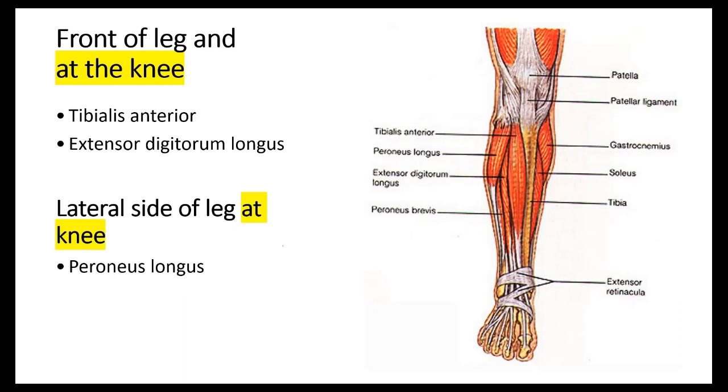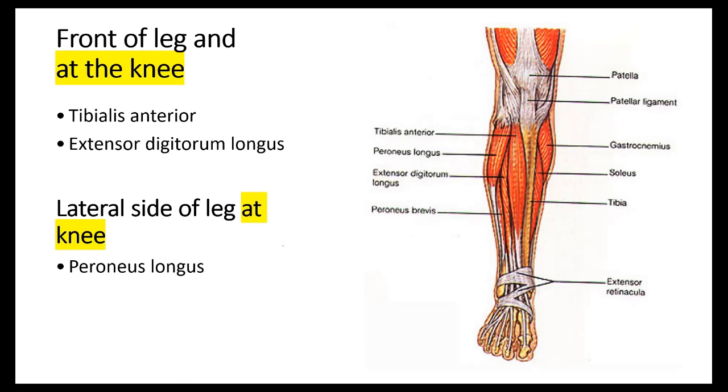Please carry on. Yes. So moving on to the muscles at the front of the leg and therefore at the knee, there is the tibialis anterior. Now the tibialis anterior is proximally attached to the lateral aspect of the lateral tibial condyle, the anterolateral aspect of the shaft of the tibia, and the anterior aspect of the interosseous membrane. And the distal attachment is to the medial aspect of the medial cuneiform bone and the medial aspect of the base of the first